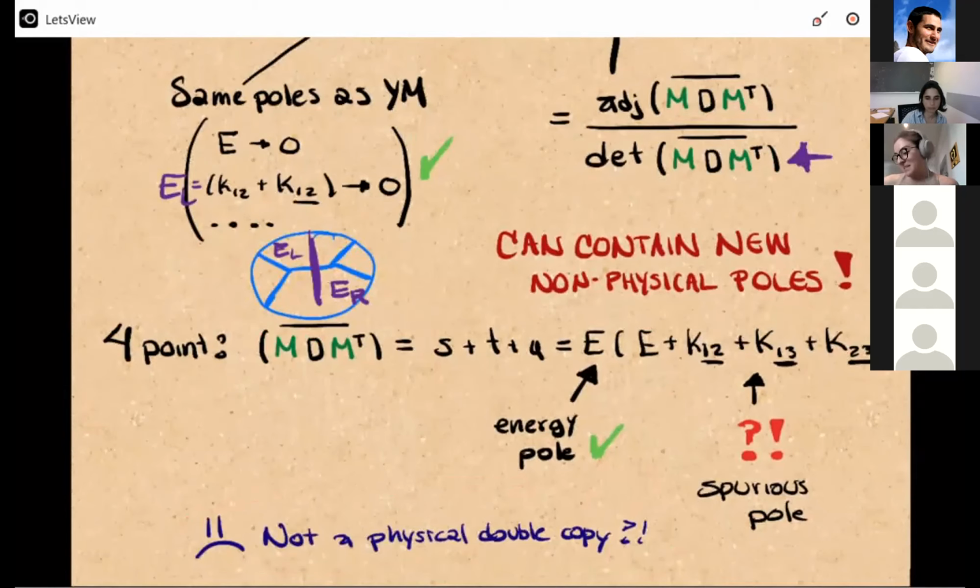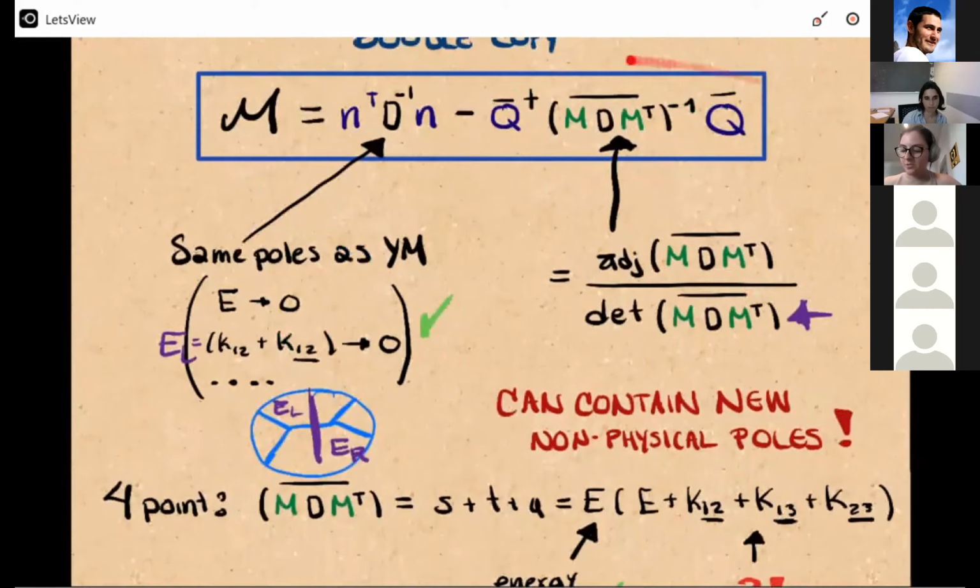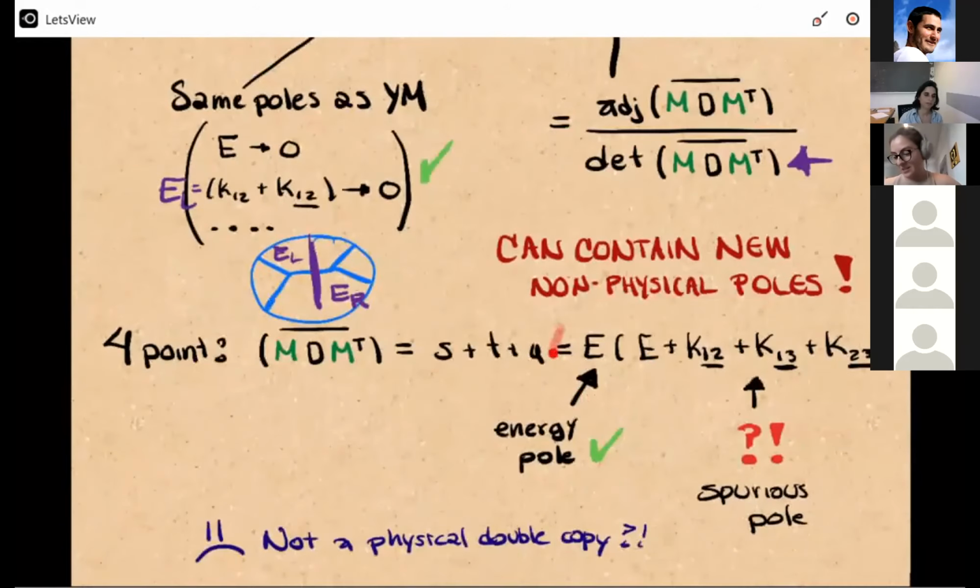So yeah, it's not always the case that you get a reasonable double copy, not even at 4 points, because you have poles that you don't expect. The poles happen because when you shift these numerators to satisfy color kinematics duality, you're basically forcing them to satisfy it. You end up adding extra stuff to your double copy, and this extra stuff gives you extra poles, and these extra poles are not necessarily what you want. They can be what you want, but even in this case, you have to check that the residue is the correct one,